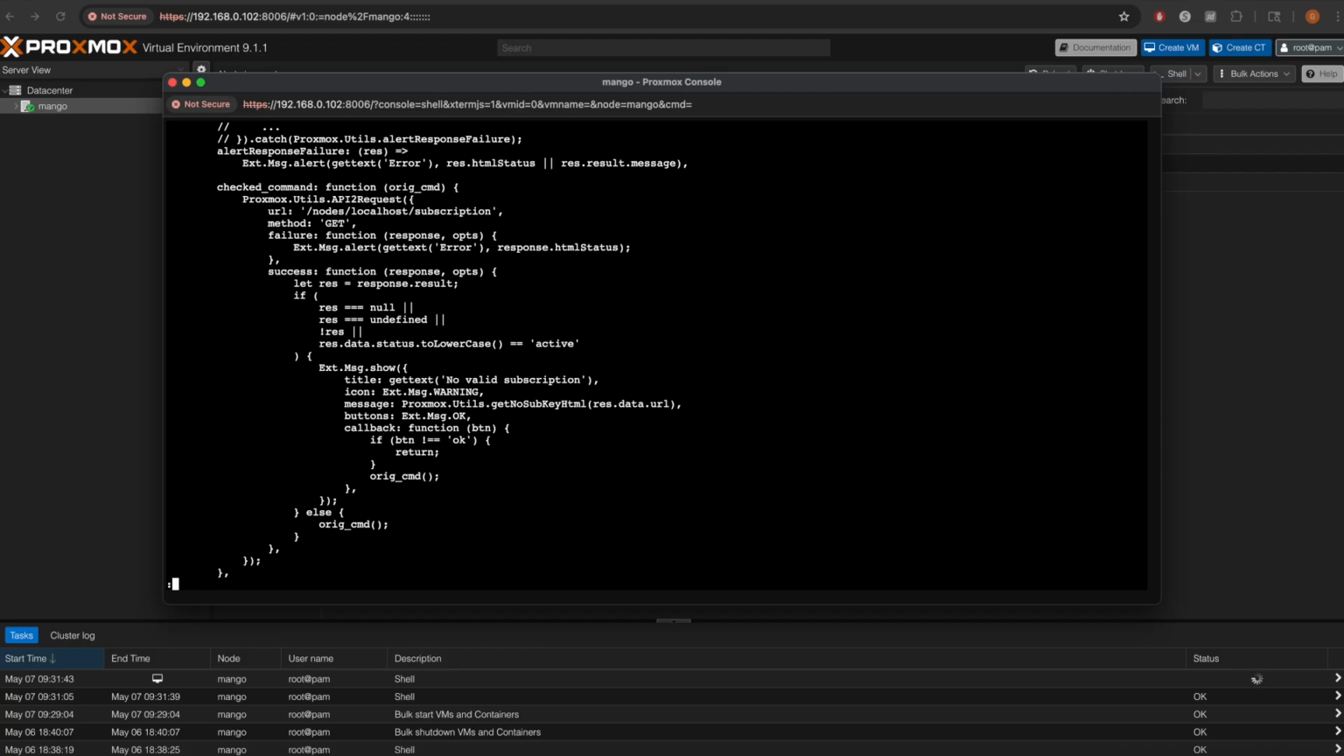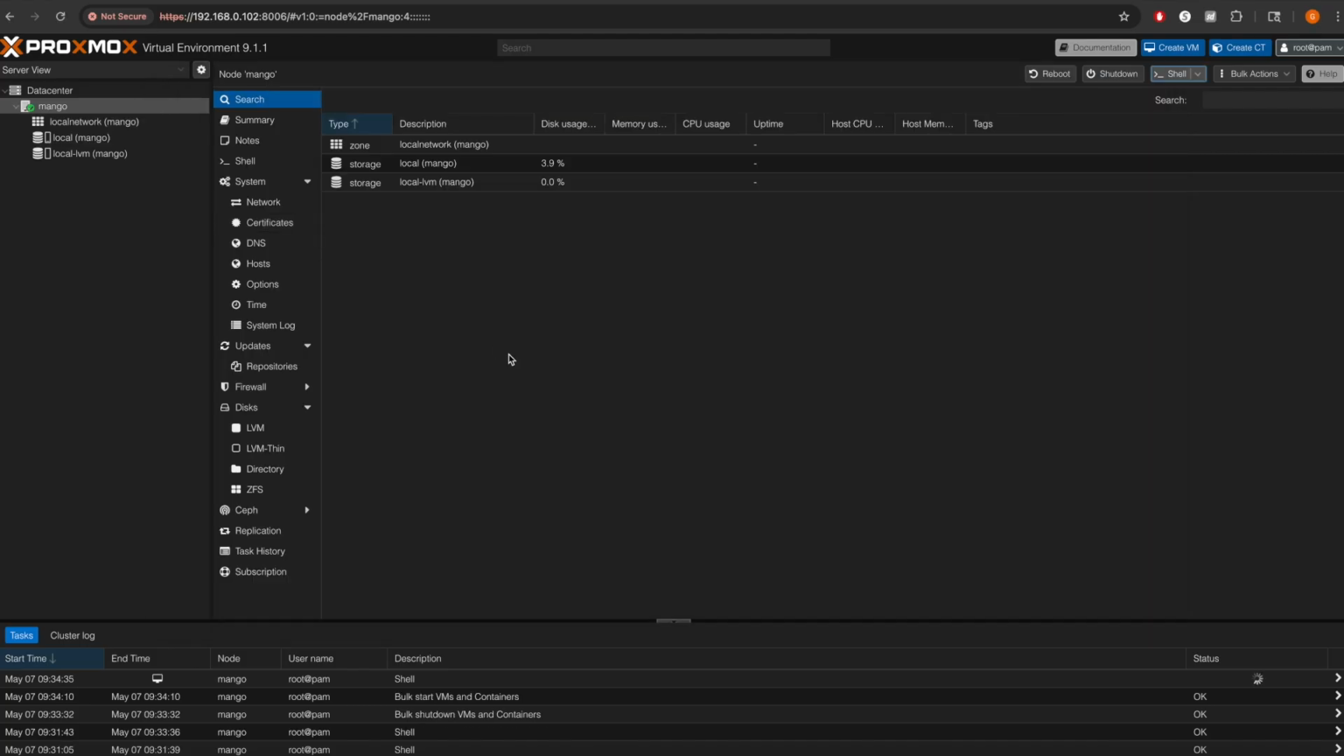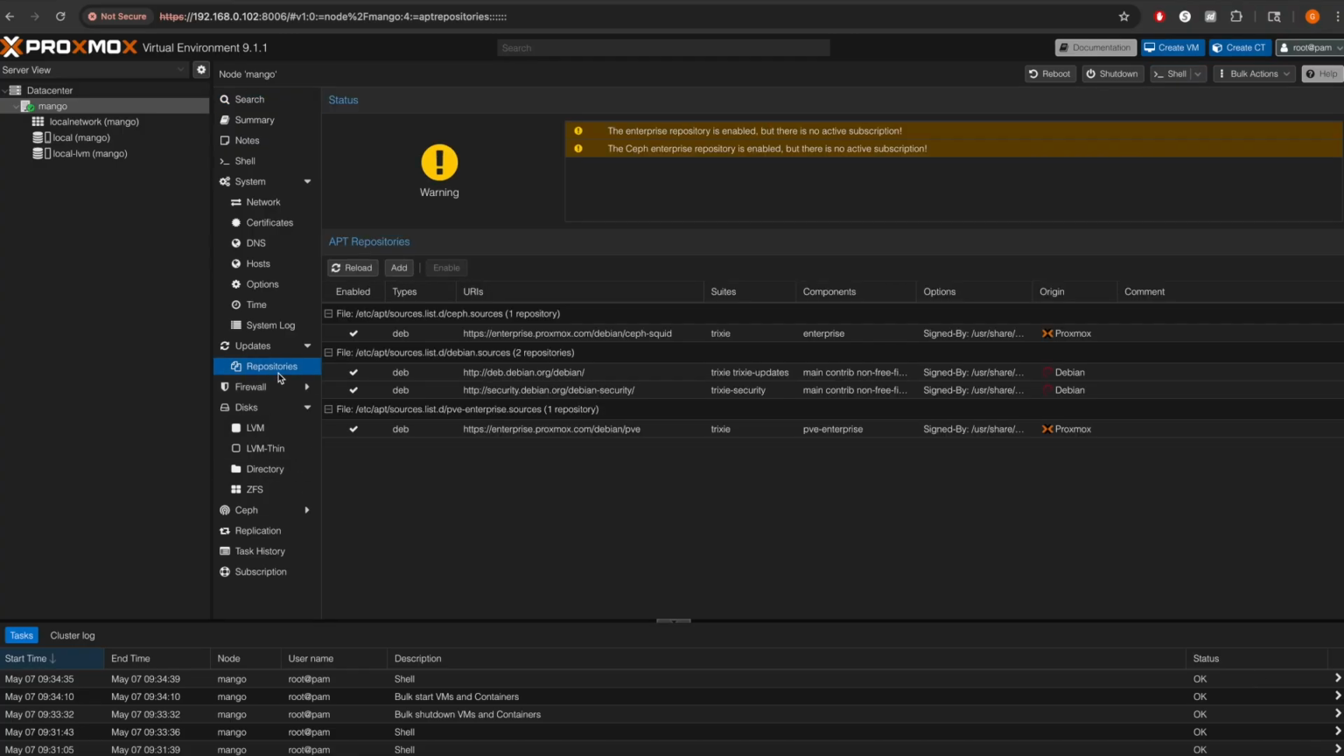Next, let's fix the repositories. Since it's Debian-based Linux, it does come with built-in repos, and some of them are enterprise repos that are actually triggering these subscription warnings. If you have a subscription with Proxmox Enterprise, you won't get those warnings, but if you don't, let's fix it. So click on Repositories on the left menu bar on your host, the VM host, then disable things